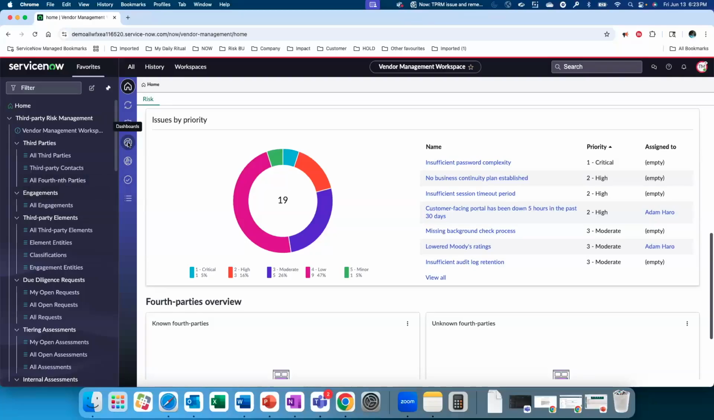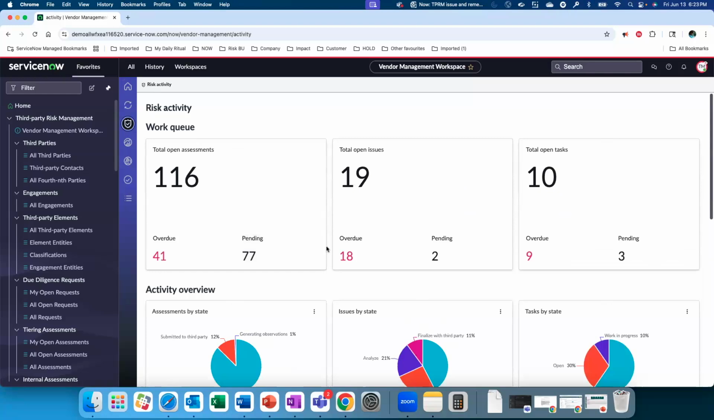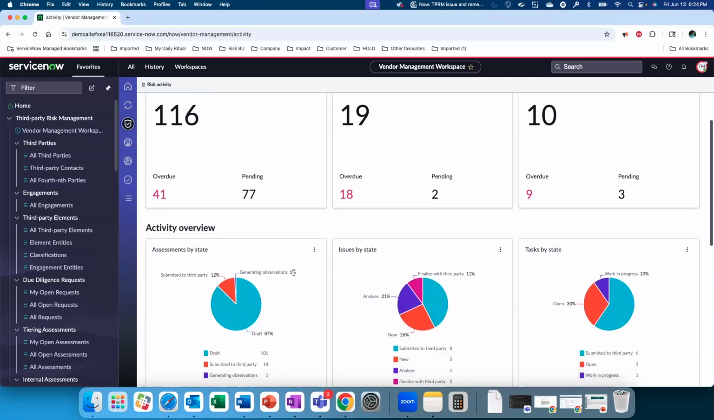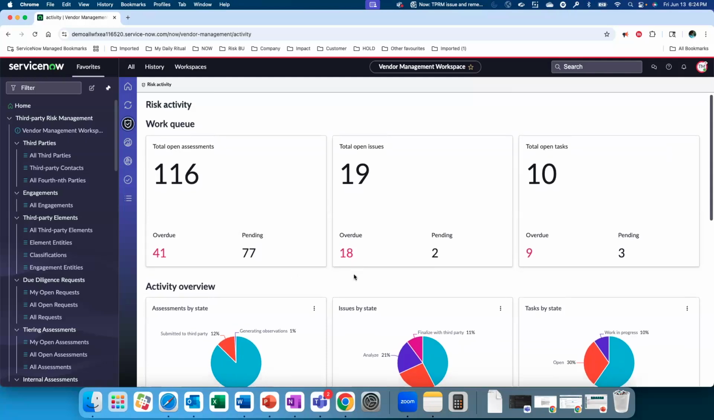Okay, let's next navigate to the risk activity page. This page is like a central hub for tracking work queues and activity overview, and we get more specifically interested to review the risk activity page in context of issue and remediation management. This page is designed to help me stay organized and keep a close eye on both open issues and tasks